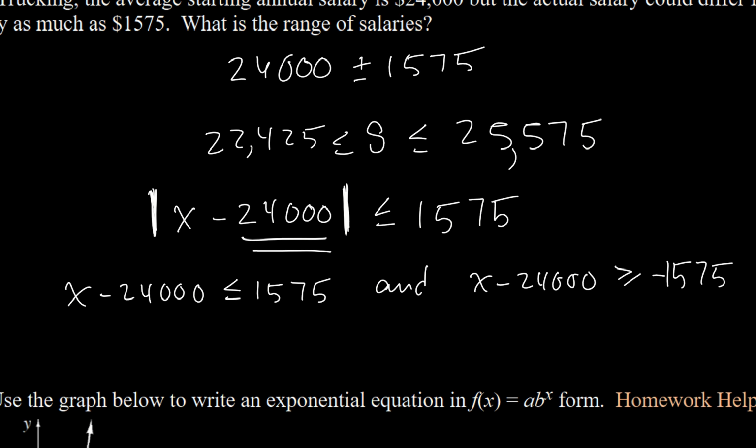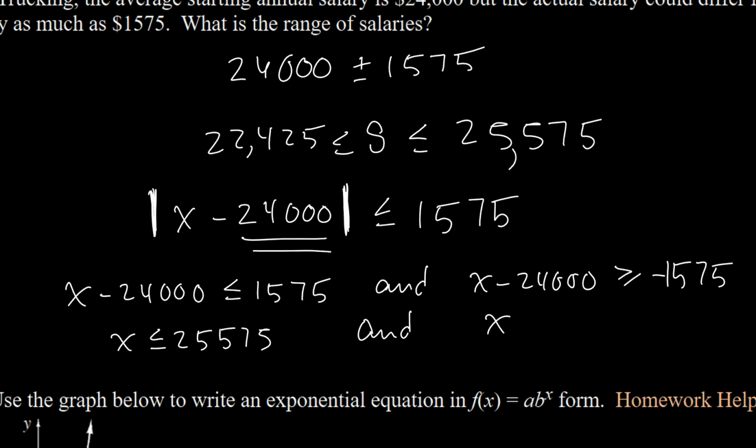So solving this, it's the same thing. I'm just going to add $24,000 to both sides, and I think you can see we already got the same numbers up above. The numbers are on the upper end. We get $25,575. X is less than or equal to that. That's the upper bound. And on the lower end, when I add $24,000 to that, I get